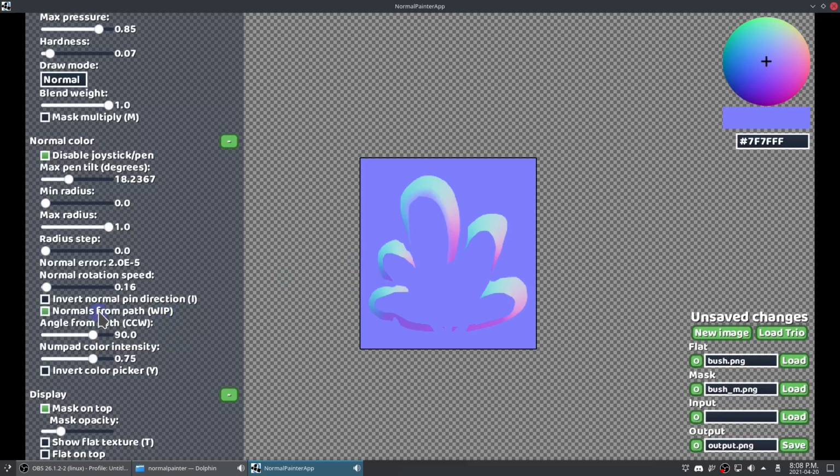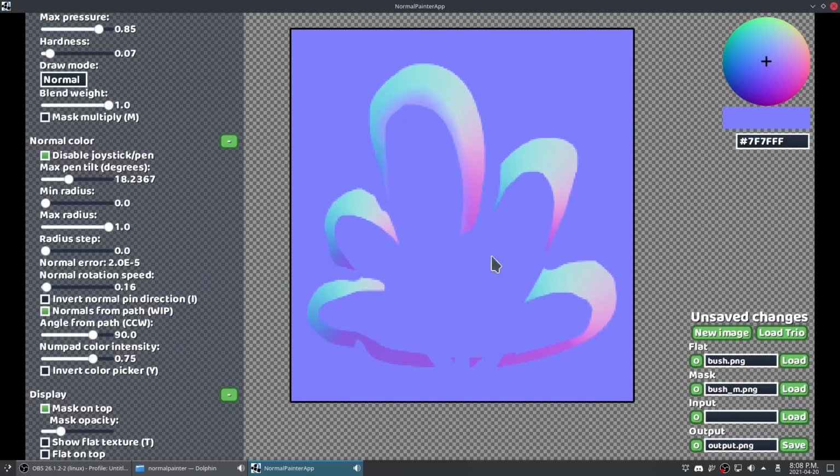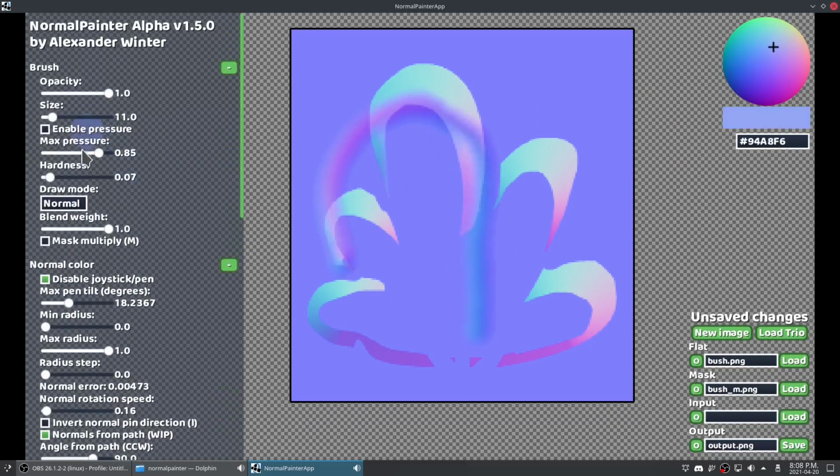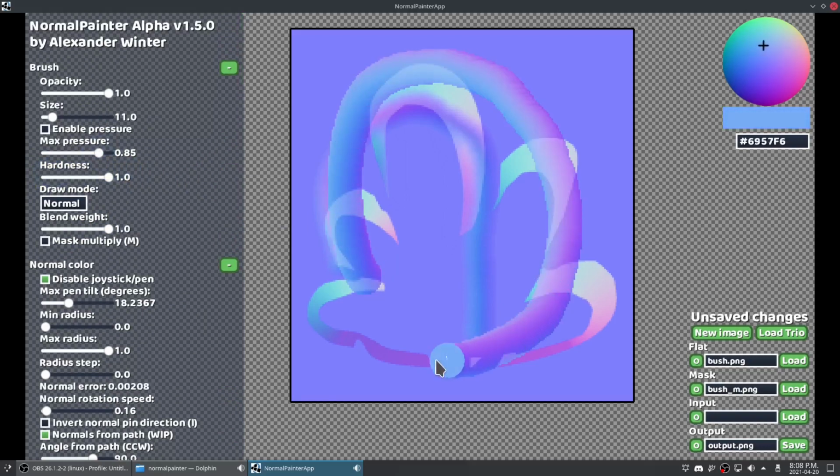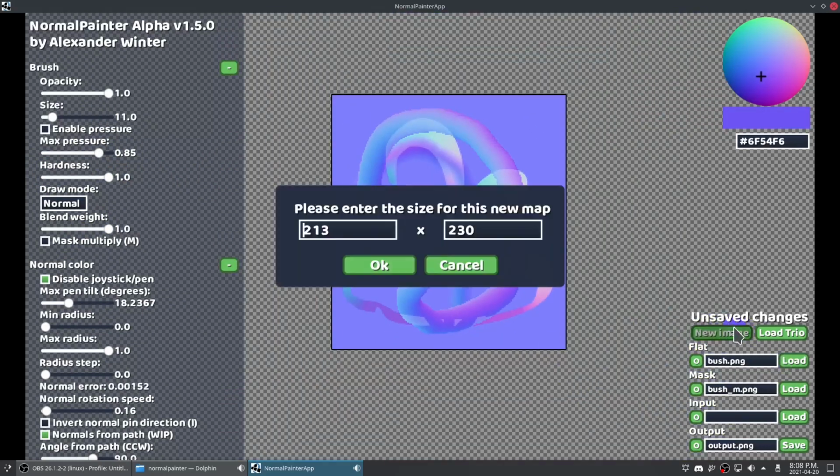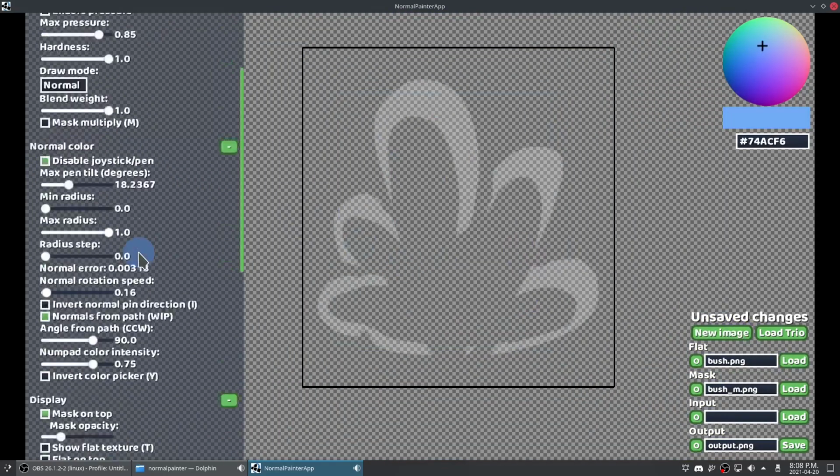And there's the normal from path feature. It's a bit janky, but basically it paints outward. Let me make this hard. It basically makes a gradient that follows the line you're painting with. So let's have a new, let's show the